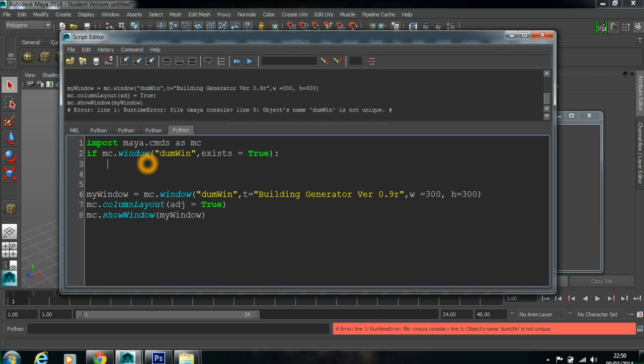If it's open, then delete it. So delete UI, so it should delete this window. We should name,